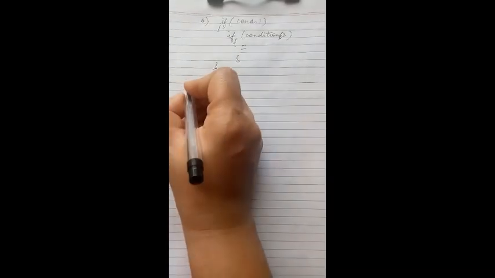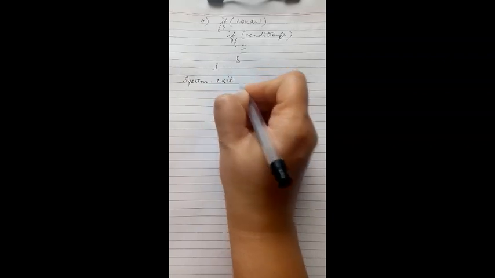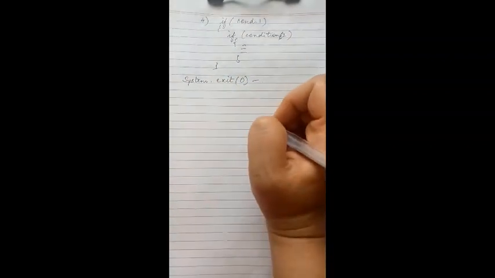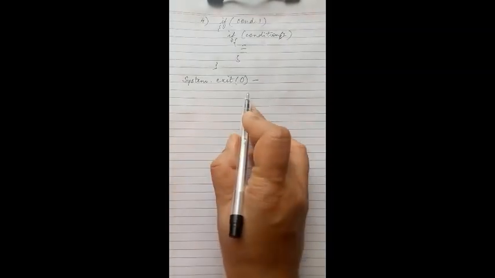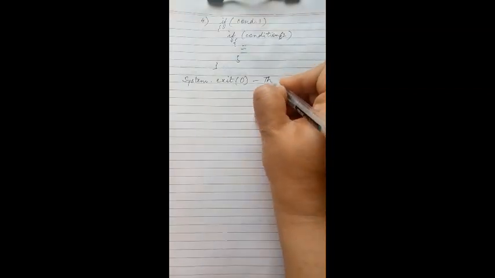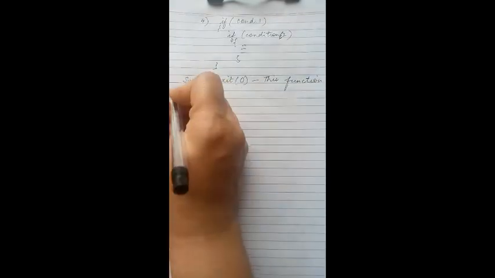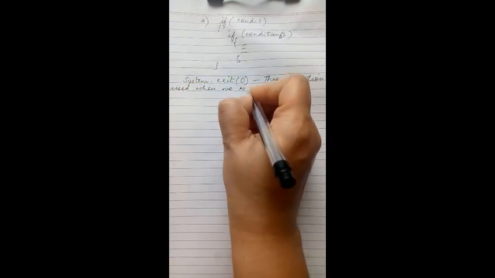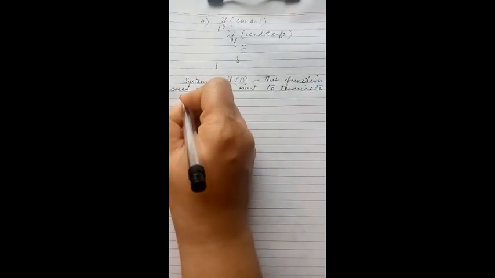Now there is one statement called as System.exit(0). Sometimes we need to terminate a program even if all the statements have not been executed. The function System.exit(0) is used when we want to terminate the execution